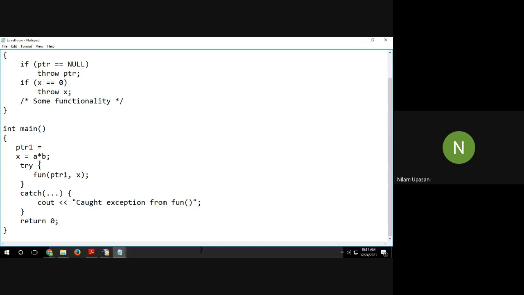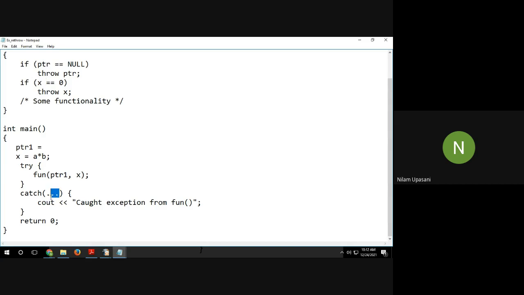इस केस में क्या होगा? कॉमन, No, डिफॉल्ट, हाँ कॉमन डिफॉल्ट कैच है तो व्हाट विल हैपन इन केस ऑफ पॉइंटर नल आल्सो, इट विल डिस्प्ले द सेम मैसेज कि कॉट एक्सेप्शन फ्रॉम फंक्शन, जेनरिक मैसेज है ये। और यहाँ पे भी अगर कुछ प्रॉब्लम हो गया तो भी वो डिस्प्ले करेगा, कॉट एक्सेप्शन फ्रॉम फंक्शन, लेकिन किस टाइप का एक्सेप्शन आया वो मुझे समझ में नहीं आया, बस मुझे फंक्शन में एक्सेप्शन मिला है, कॉमन मैसेज आई एम गेटिंग। ओके, सो आउट ऑफ दिस यूजर विल नॉट गेट एनी हिंट, यूजर को कुछ हिंट नहीं मिला है कि आपका प्रॉब्लम पॉइंटर में हुआ है कि x में हुआ है, किस में प्रॉब्लम है।